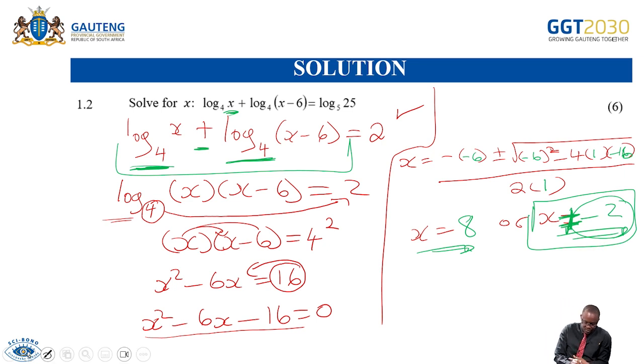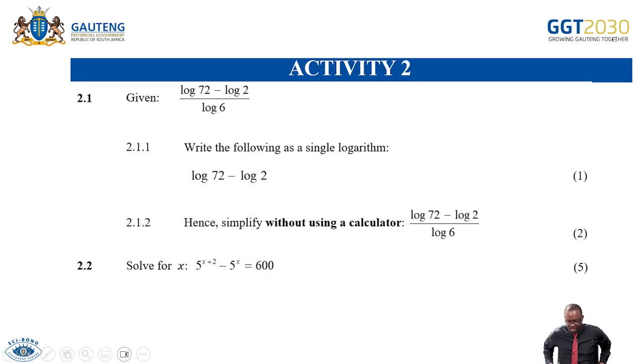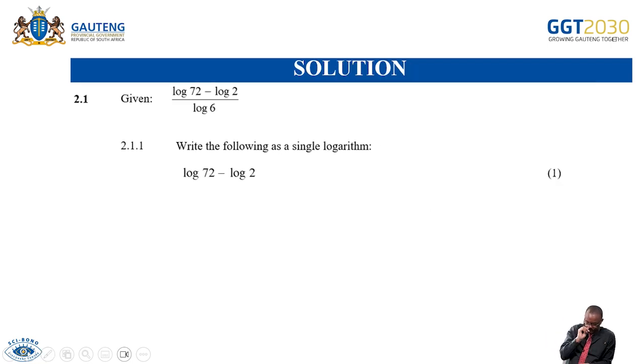Correct. So now we're looking into activity 2. Then we also now look into the logs. Correct? And you can see that they can ask them in different ways. So now let's look into this one. We are having log of 72 minus 2 all over log of 6. They're saying